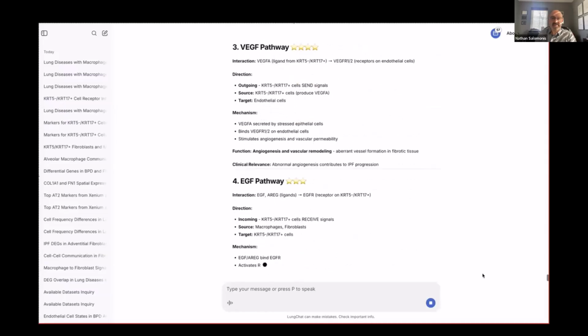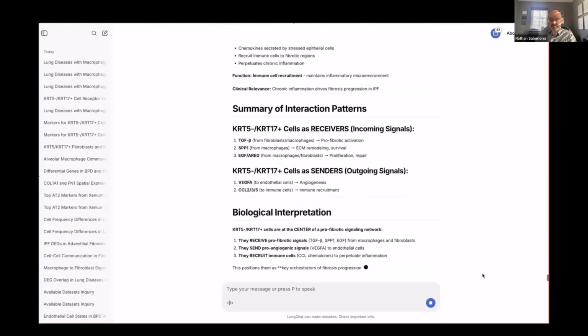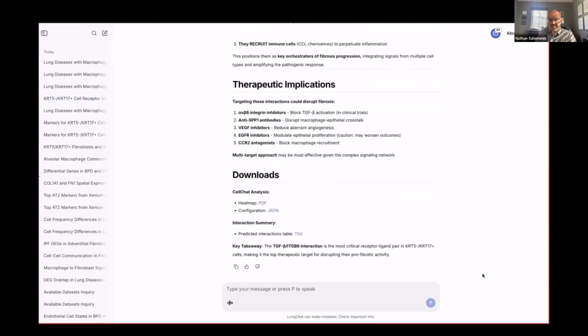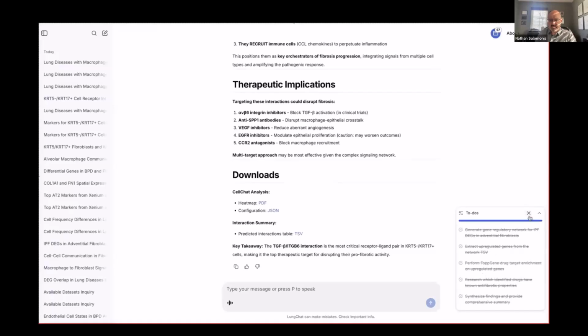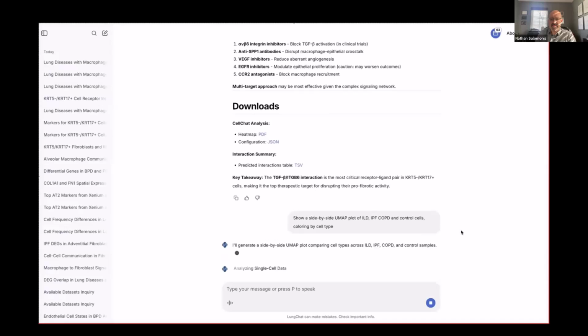In this case, it's highlighting SPP1, and I believe it's ITGB6 as the interacting partner, the receptor ligand pair, between macrophages and this aberrant basaloid population.